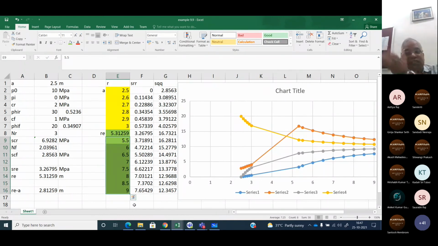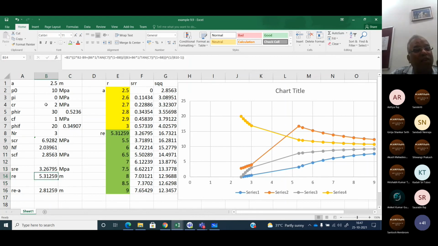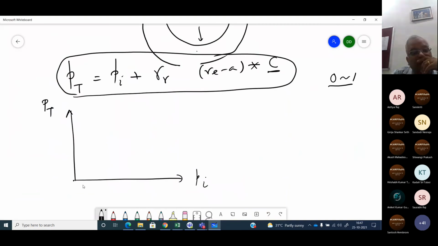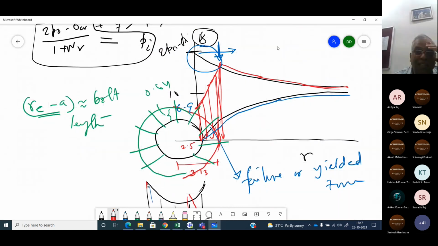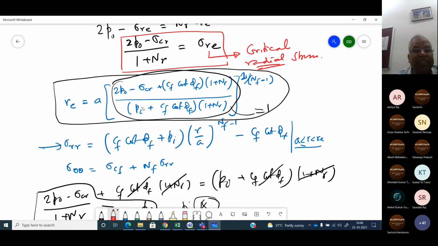See what happened? It just shifted over there. That means you have more high RE. See, RE becomes 5.3 if it is 0. So the RE will be extremely high if Pi is 0. So if RE is high, this one will dominate because this is 0. This one will dominate. So PT will be coming like this, a graph, because Pi is sitting in the denominator. You can see there in RE, Pi is sitting right in the denominator here.